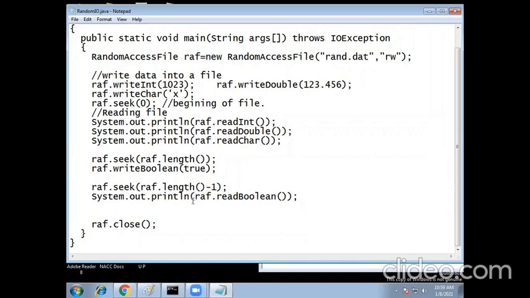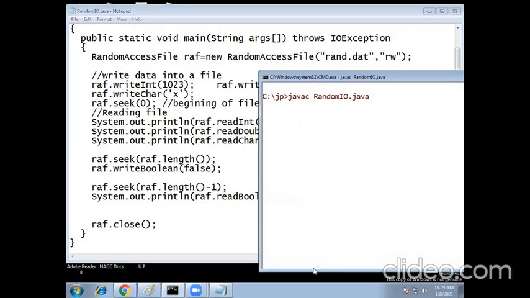Suppose this is false, and end of the record minus 1, the last record is the false boolean value.